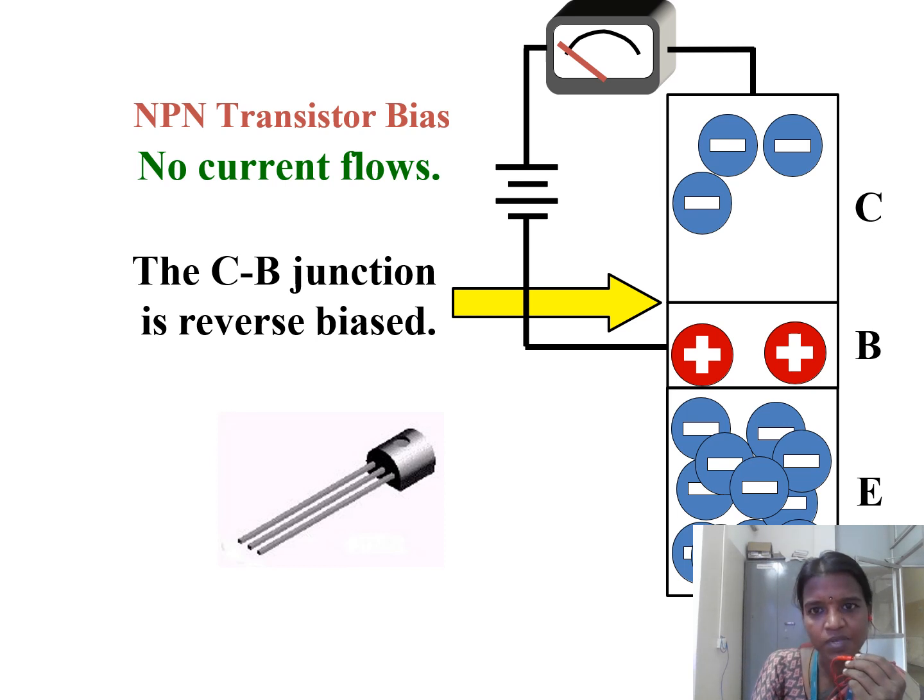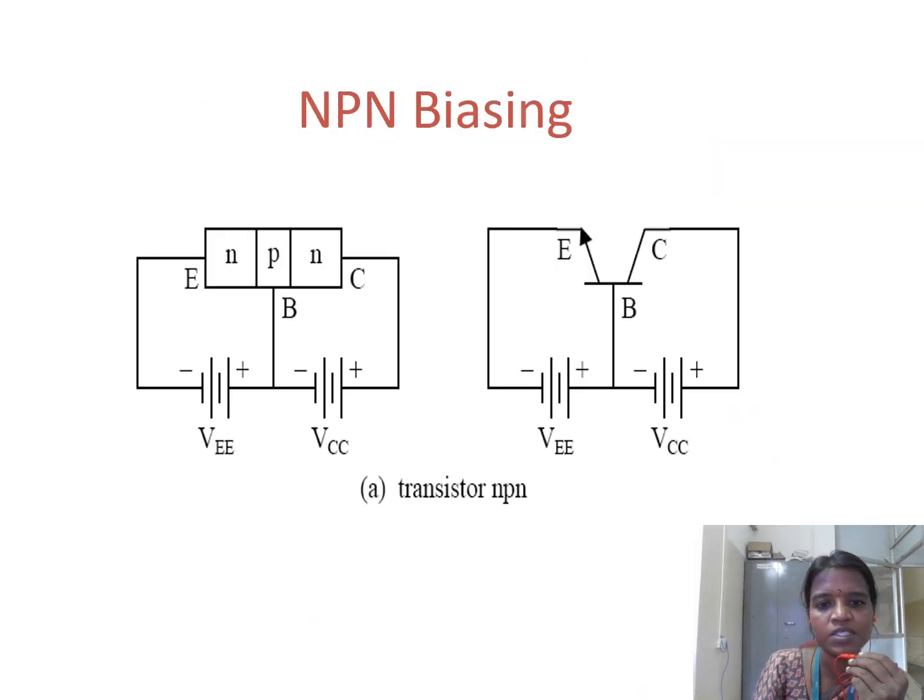Then in the case of transistor biasing, biasing is nothing but applying an external voltage, such that the input junction is forward biased and the output junction is reverse biased. That is called biasing. If you want to use the transistor in the amplifier region, then on the input side we should apply forward biasing, and on the output side we need to apply reverse biasing, in order to make the